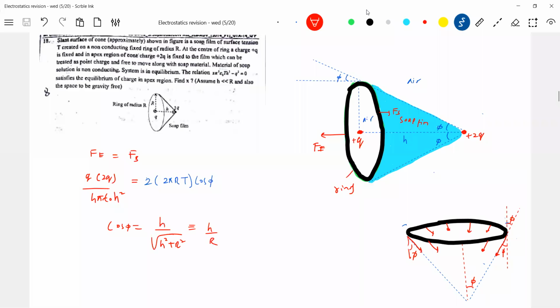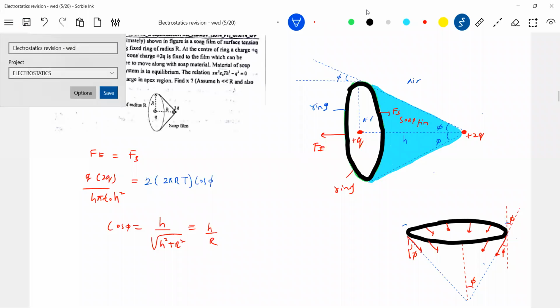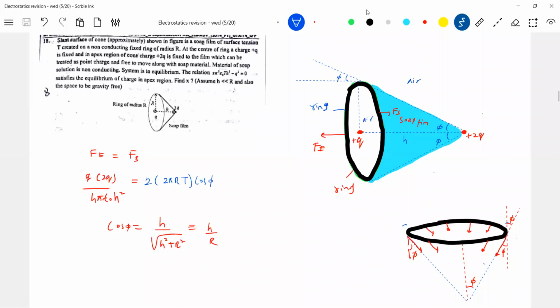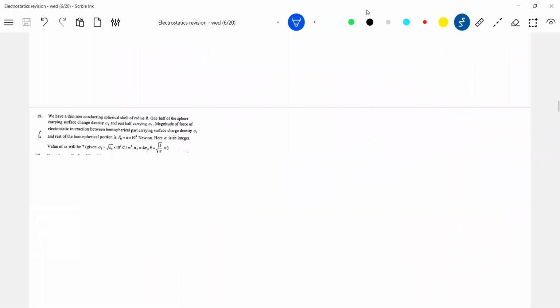So you don't find, sir, how Q will be attached to the ring. I think none of our business, sir. Better read the question, get the answer, and say goodbye to this question. That's all, no? In exams, we should not bother how they'll attach Q. Most of the time they make some assumptions like that. You be careful. Let's get into the next one.